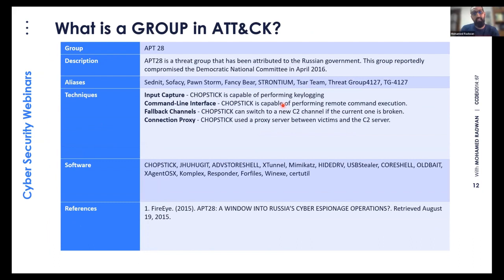So these are the groups. Here we are giving an example of one of those groups, actually a well-funded group, APT. MITRE also gives you information about tactics and techniques. It also gives you information about software, so what kind of software is used, like Mimikatz or any of the bad malicious software, and also the groups